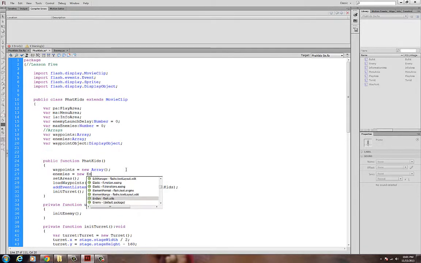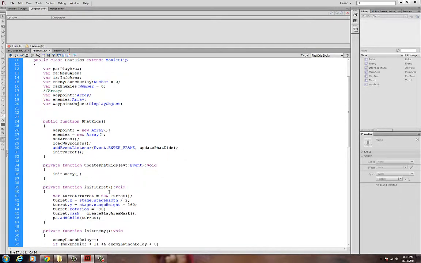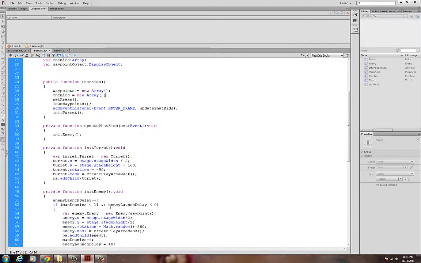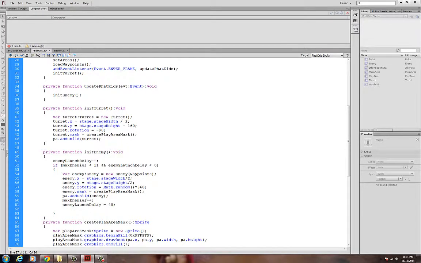Oops, new array rather, sorry. And this new array, again, I use parentheses, so the keyword new is where I create an instance or an object associated with my array class. And again, I'm not telling ActionScript how long this is going to be, but what happens is every time I'm going to create an enemy down here,